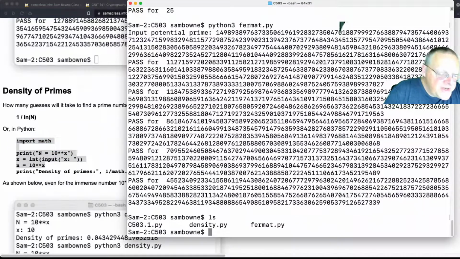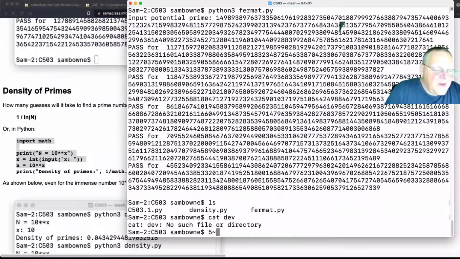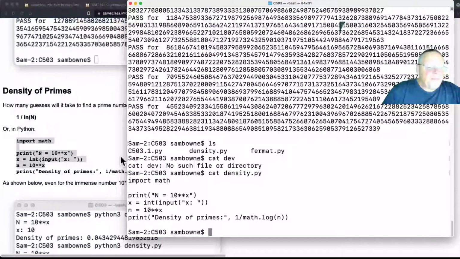So that is density. So let me just cat density up there. So all this does is input. It tells you I'm going to take n is 10 to the x, and it inputs x. So I can try really large numbers. And then it says n equals 10 to the x and just prints out 1 over the log of that. So if I run Python 3